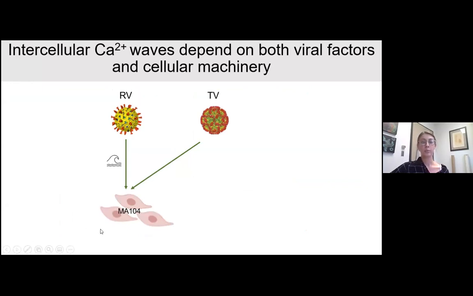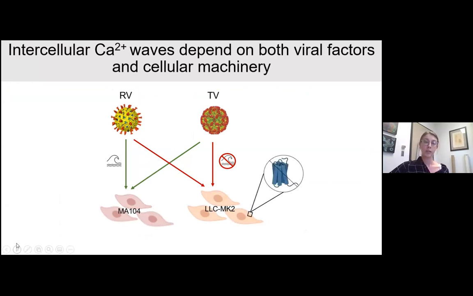So this pointed to a really important difference in the cell lines. Both rotavirus and Tulane virus propagate waves in MA104 cells, but neither can propagate intercellular calcium waves in LLC MK2 cells. We were interested to see what the difference was between these two cell types. One critical thing that we were able to note is that LLC MK2 cells do not express the P2Y1 ADP receptor. This was the first line of evidence that suggested that purinergic signaling may also be important for Tulane virus-induced waves. This also set up a nice genetic approach to test the necessity and sufficiency of ADP P2Y1 signaling for waves.